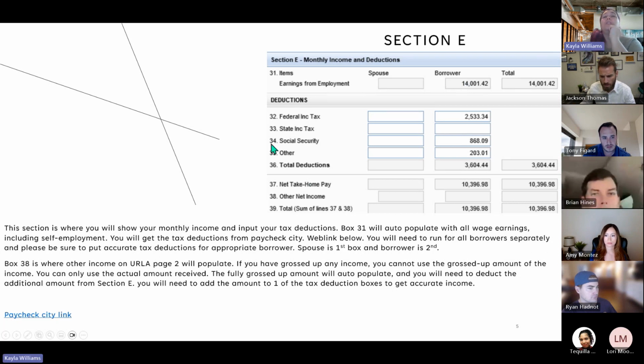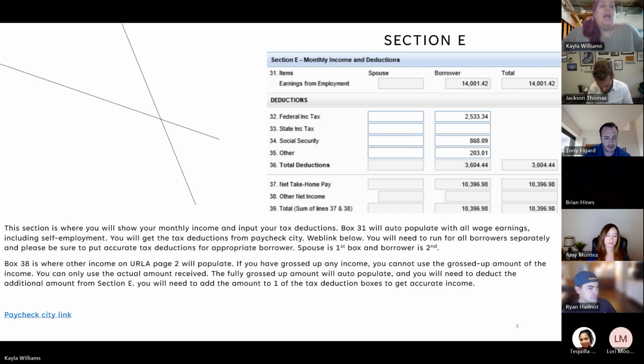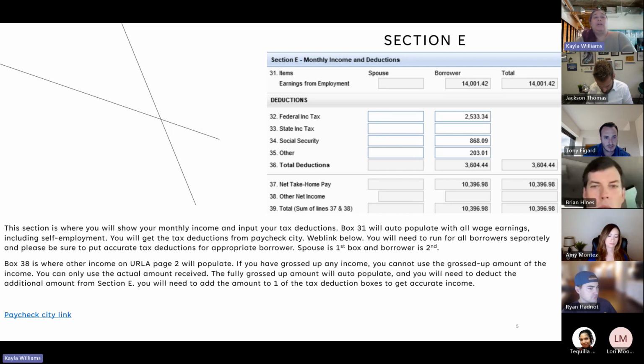The way you get the federal tax deductions is you go to Paycheck City, and I have a link at the bottom. I will show you what it looks like on the next page. You'll need to run it for all borrowers separately, and then make sure you put them in the correct boxes. Now, on this screen, what screws everybody up